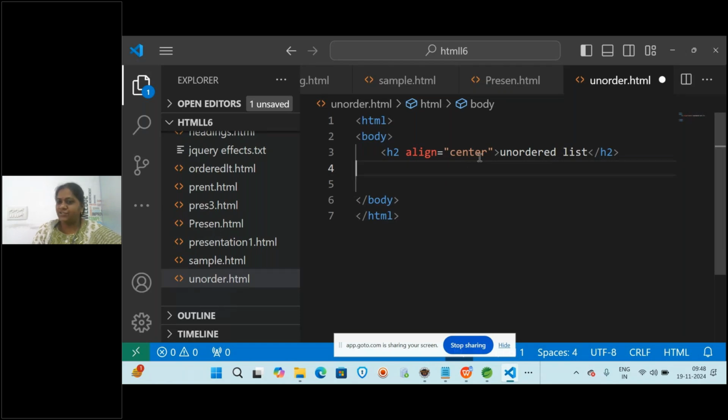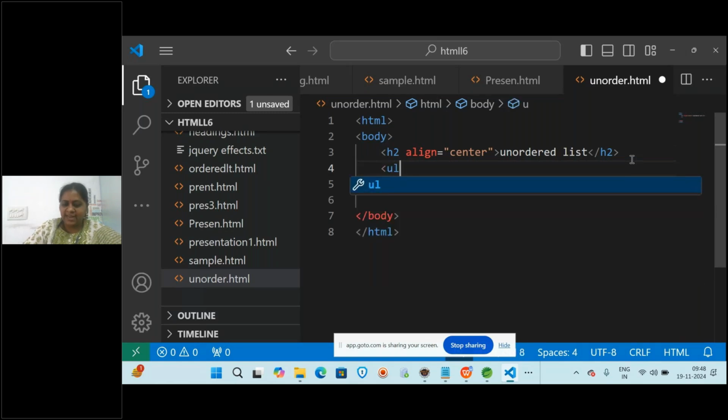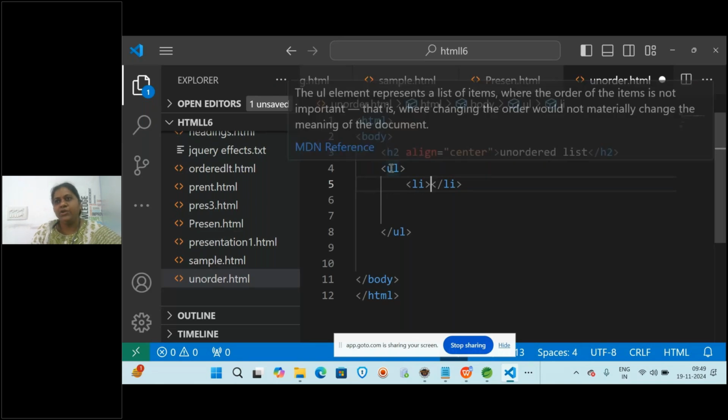So we are writing h2 heading, and then next I'm going to write ul. What is that? Ul stands for what? Unordered list. See, automatically the closing tag comes, and in the unordered list I am mentioning what? List of items. Got it? So here you can write the list of items, either ordered or unordered list. Li is common. Only the change is in OL or UL.